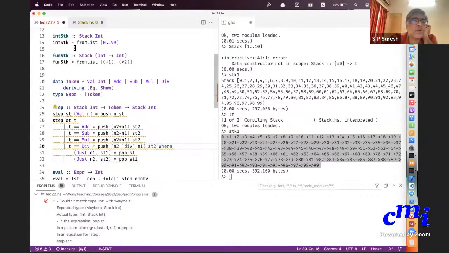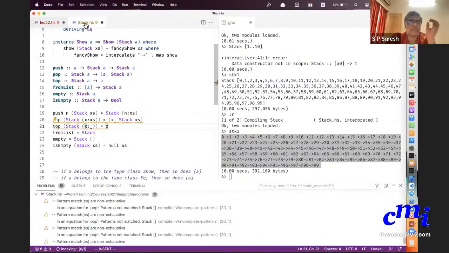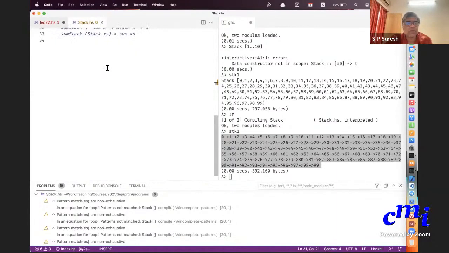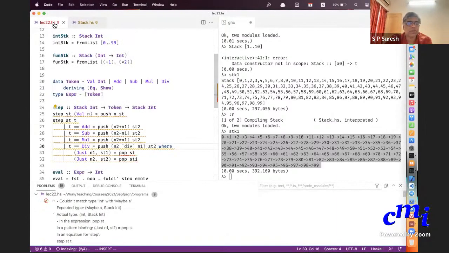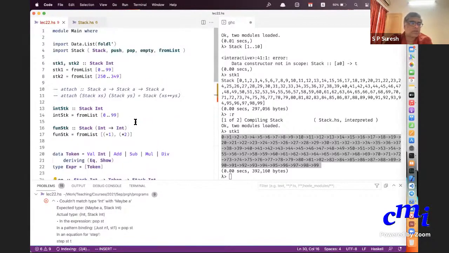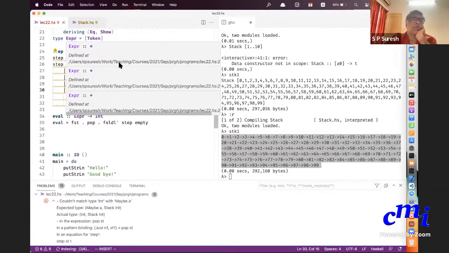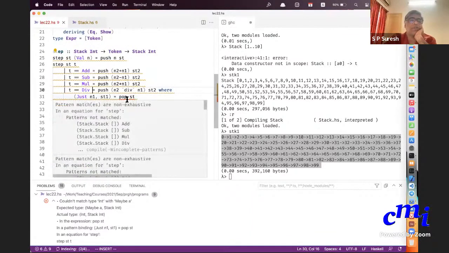Where is a maybe? Oh, it's just that I have not compiled it properly. Do I still have some maybe somewhere? Couldn't match int with the type maybe, it says.